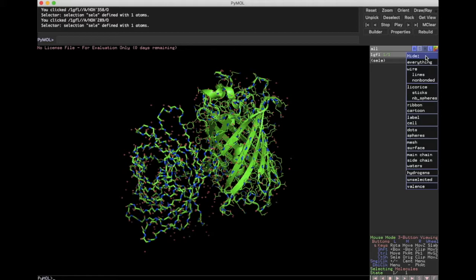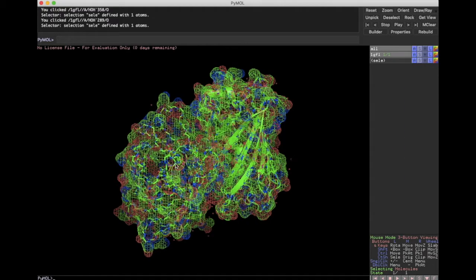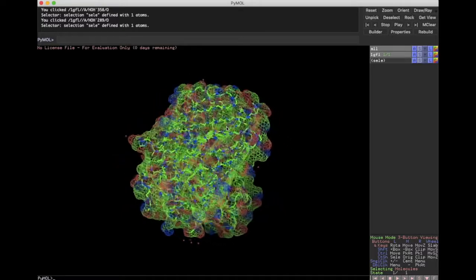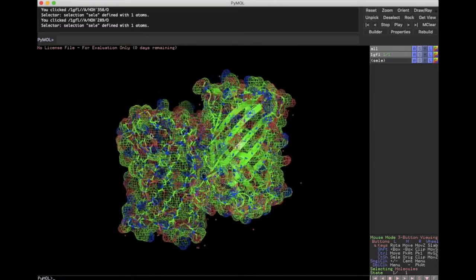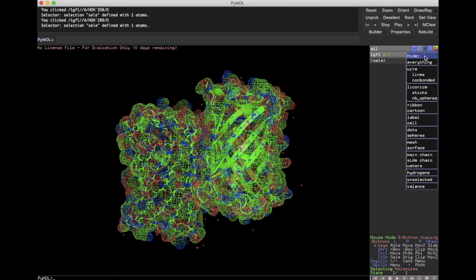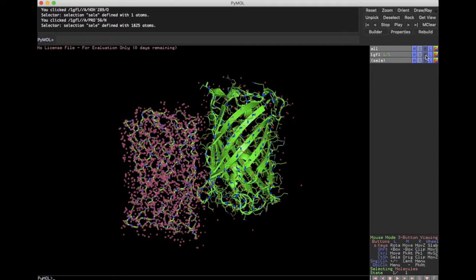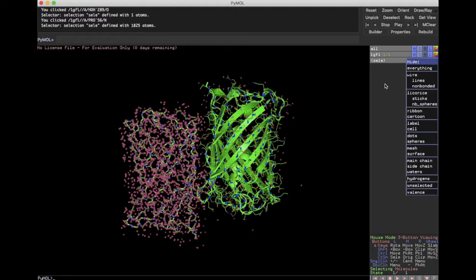Another one that is interesting is, so similar, a mesh is like a surface. So I'm going to go show mesh, and it's just like the surface except you can see through it, right? So it just is a mesh on the surface. It's a pretty neat one. I'll now go and hide that mesh. Okay. If I select one of them and let's show